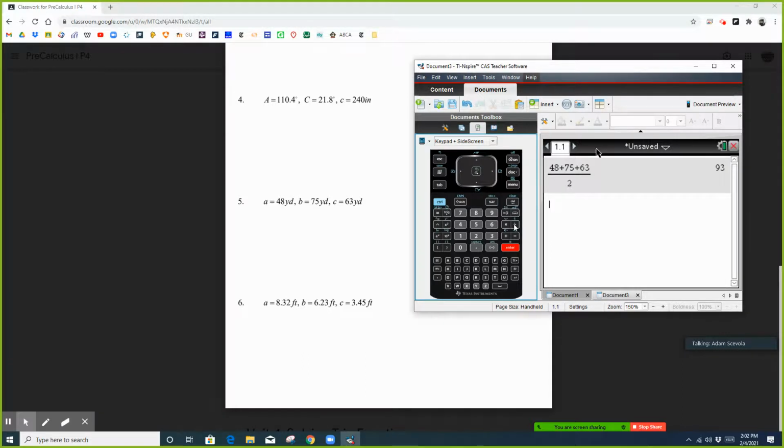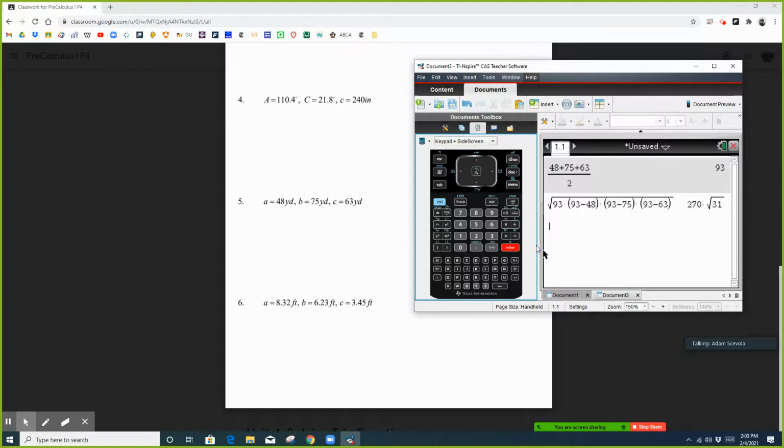To use Heron's formula, I'm going to hit the square root button. Then under the square root, I'm going to do the semi-perimeter times, in parentheses, the semi-perimeter minus one side, A, and then the semi-perimeter minus another side, and then the semi-perimeter minus the third side. Hit enter, and we get this cute